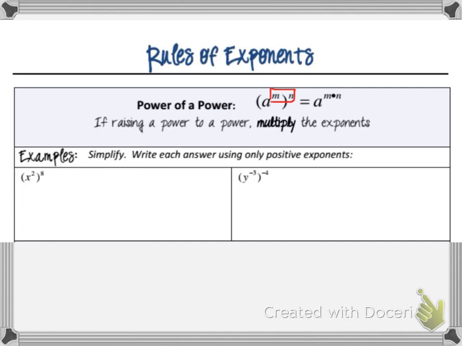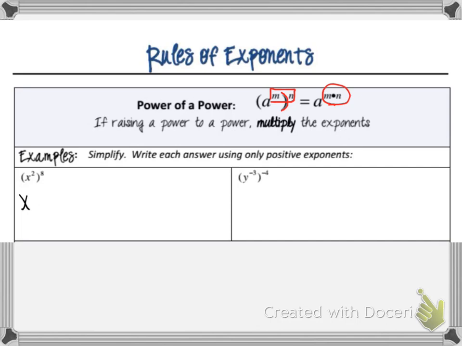Okay, so notice that those two exponents, the m and the n, are separated by that parenthesis right there, and parentheses mean multiply. So when you are raising a power to a power, you multiply the exponents, all right? So let's try the first example so that you can expand it out and see what it is that you're doing. So if you have x squared to the 8th power, that means that you have 8 x